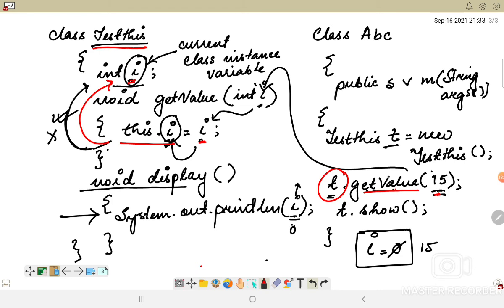So get value, again it is related to the object, right? Object creation. So hence this particular keyword is indirectly referring to this particular object. Okay, so this is how it works.